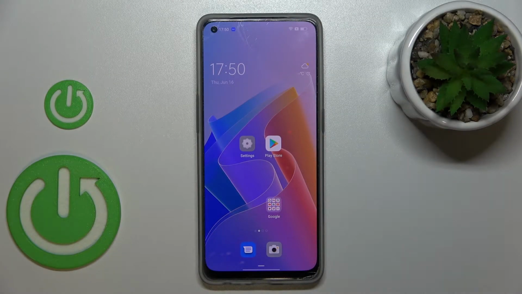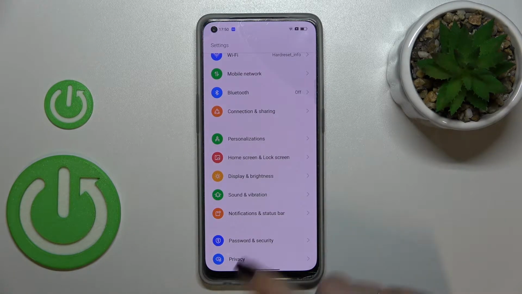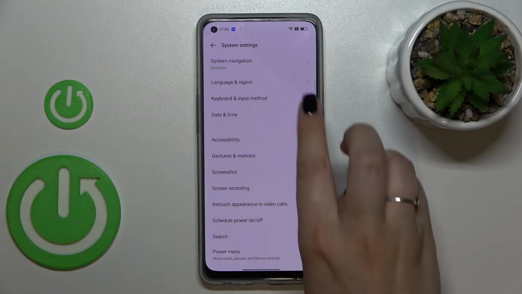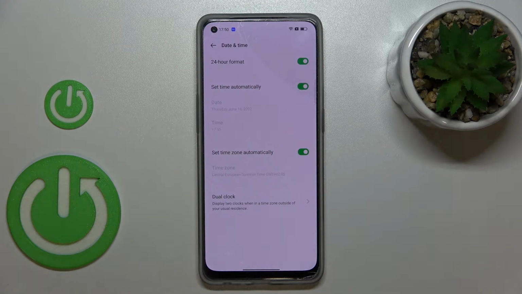Hi everyone, in front of me I've got OPPO Reno 8 and let me share with you how to change date and time on this device. So first of all, let's enter the settings, and here we have to scroll down to the very bottom to find system settings. Now let's tap on date and time, and as you can see here we've got some options